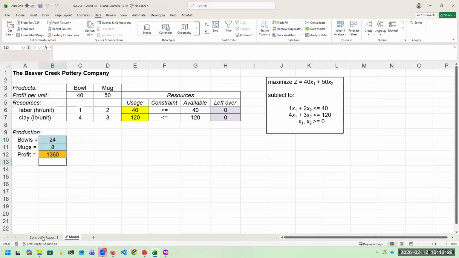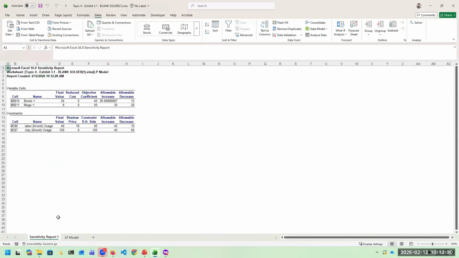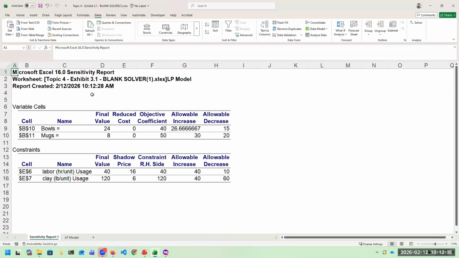24, 8, 1360, and on the left, there will be a new tab called Sensitivity Report. Okay, so these are the two tables that we'll be using for doing the sensitivity analysis. 24, 8, column D shows the optimal solution, and this is the original objective function, and we have the allowable increase and decrease for the coefficients. And in the second table, we have the shadow price,